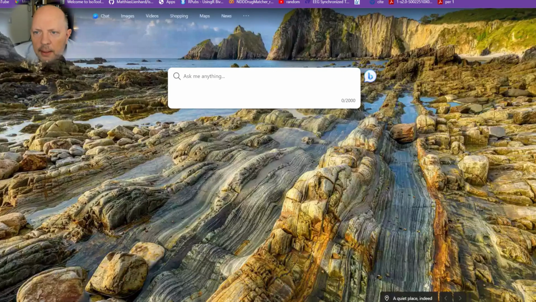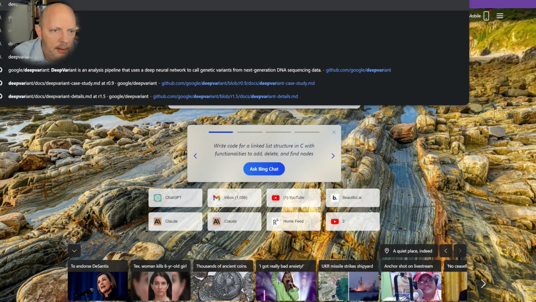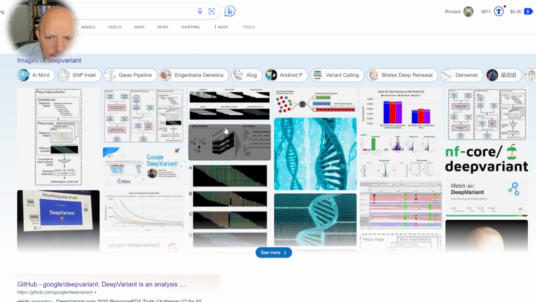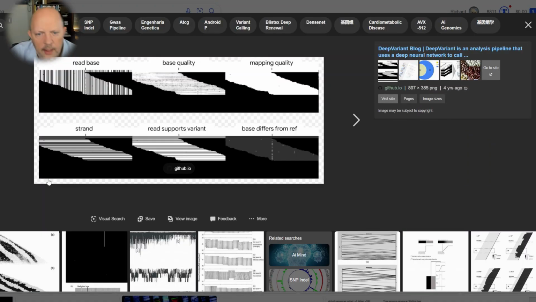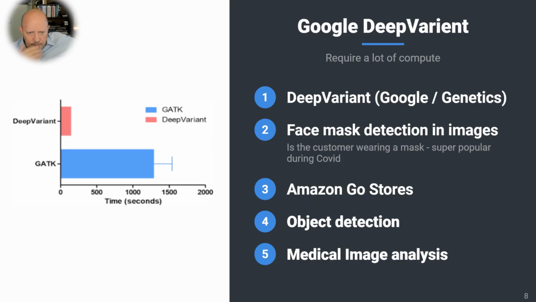Let's see if I can find DeepVariant, a pic like this. Okay. So again, they're not pictures that we're going to be able to understand, but the computer knows the difference. And so DeepVariant is able to detect genetic variances cheaper, faster, and better than traditional methods as of 5 years ago, 8 years ago. Now it's kind of changed, but that is one huge reason why we care, because it's not only about pictures.